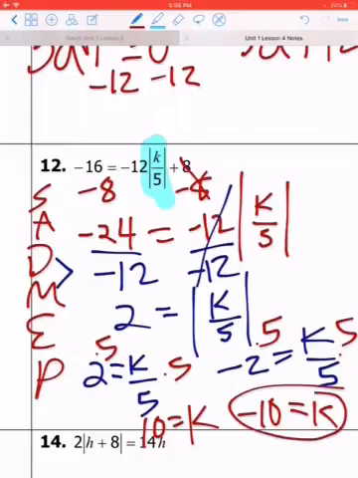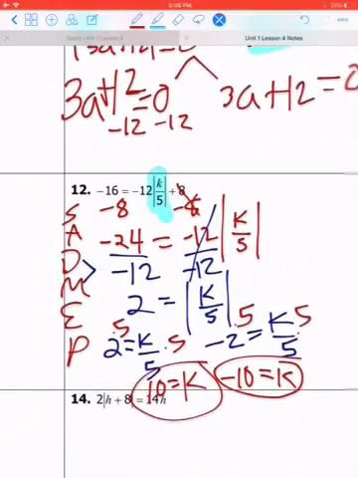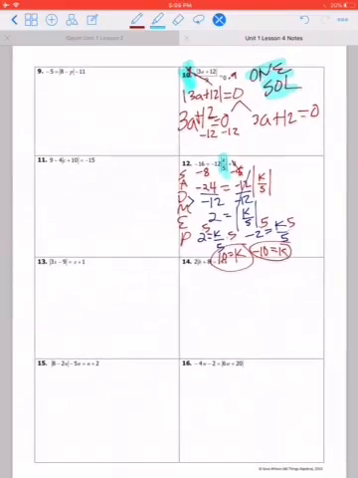Alright, so most of these are going to have 2 solutions unless you got 0 like we did for 10. Okay, but so far we've only had variables on one side. So what happens when you have variables